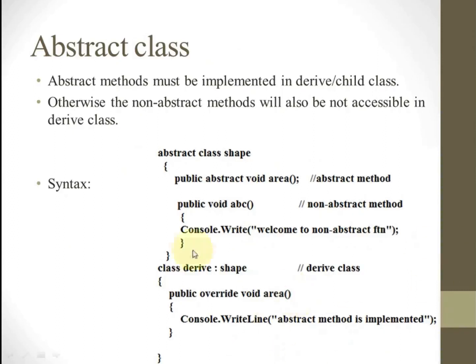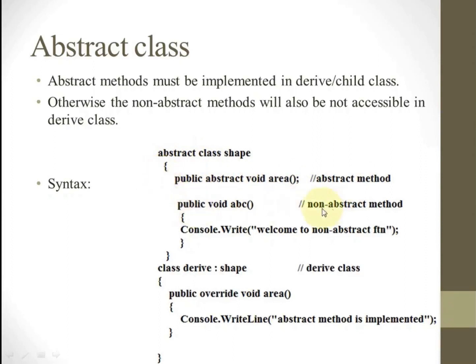If you look at the syntax, this is an abstract class. Abstract is a keyword, class again is a keyword, then the name of the abstract class. Then you see a public access specifier, the abstract keyword before the return type and the function name, and a semicolon. It means we have just declared a function, but this is not a simple function, it is a special function called an abstract function, declared within the body of the abstract class.